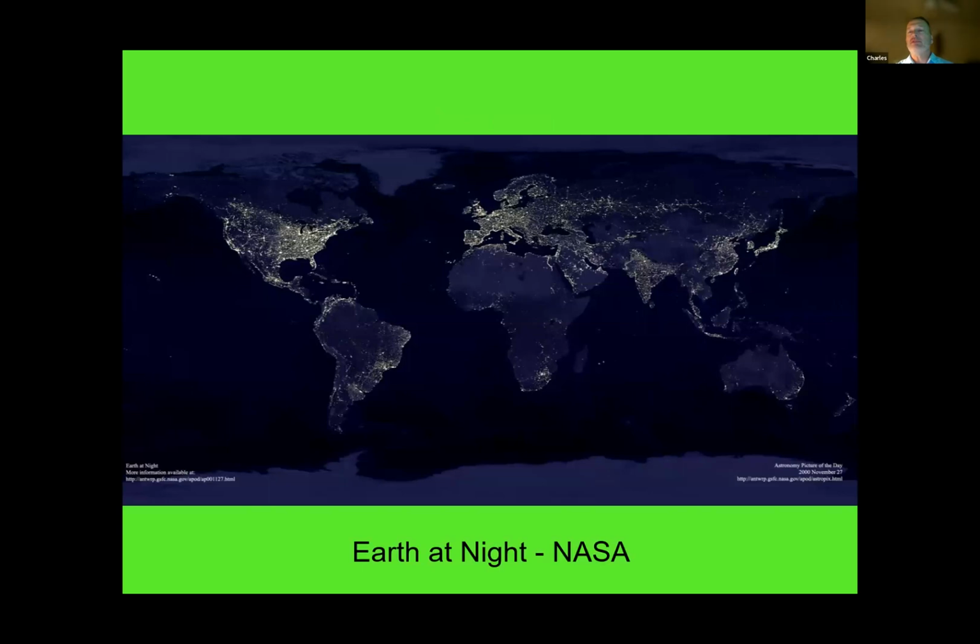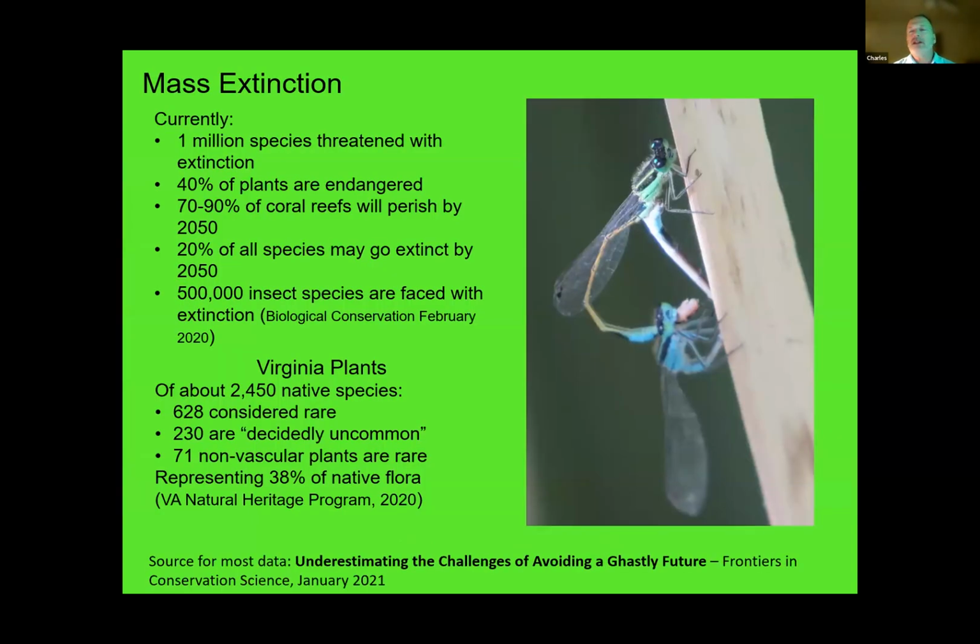So the reason we're having this conversation in terms of health is this. It's us. We have converted an estimated 77% of habitable terrestrial Earth for our purposes. So we have altered pretty much all the habitats. There's very little untouched, so we're dealing with secondary and tertiary growth in our region. And how do we account for the land use history and the stressors that are affecting those systems? These are maybe the slides that aren't anticipated,